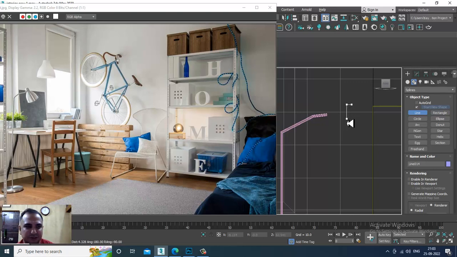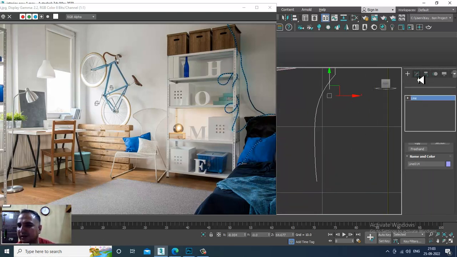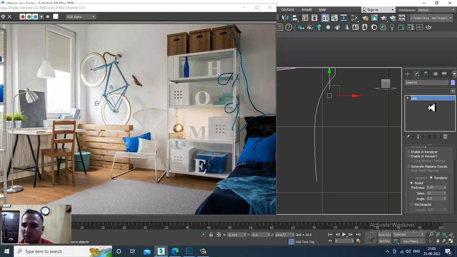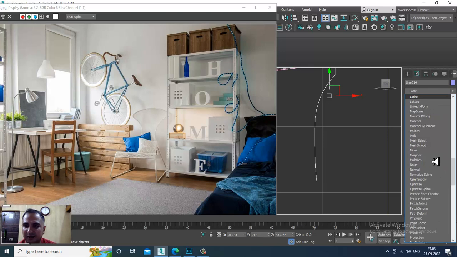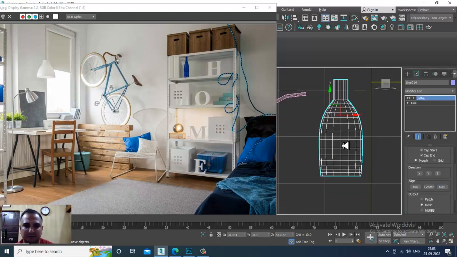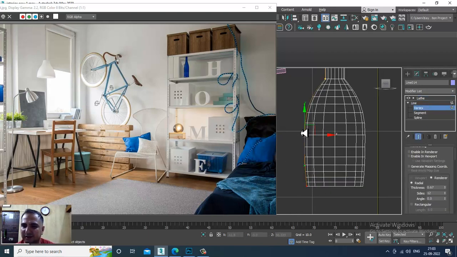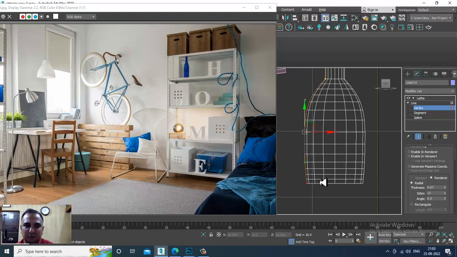I'll just slightly push this down, and I'll just click over here, and I'll take a modifier called a Lathe Modifier. So let's take a Lathe Modifier and let's make it as max over here. So once you're done, now I can just go into this line, go into the vertices. I can slightly just push this up, push it out,